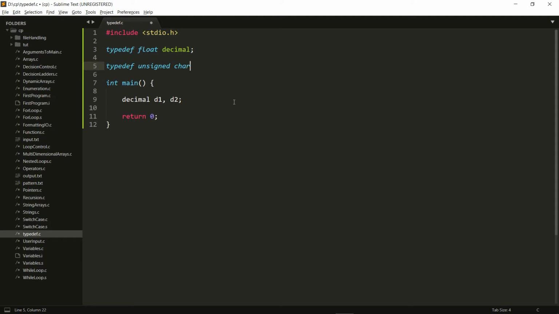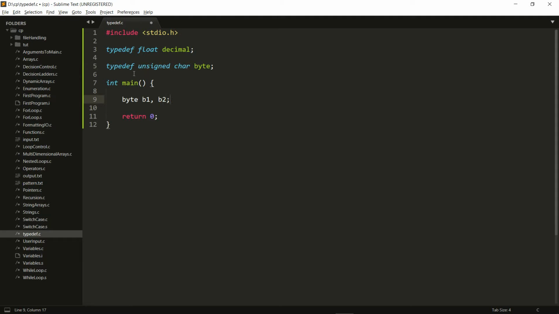Just use all 8 bits for the value itself. That increases my range that I can store. So this I can just call it, let's say, a byte. And now what I can do is I can create a byte b1, b2, and so on. And that actually becomes pretty useful sometimes.